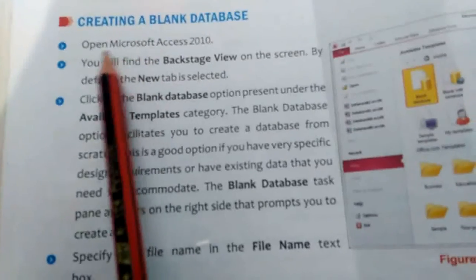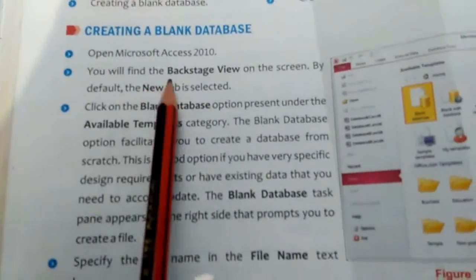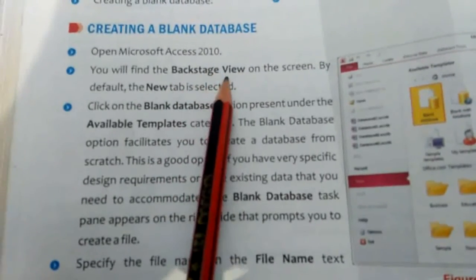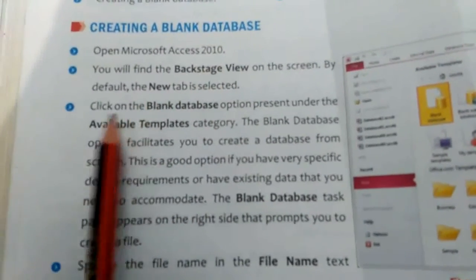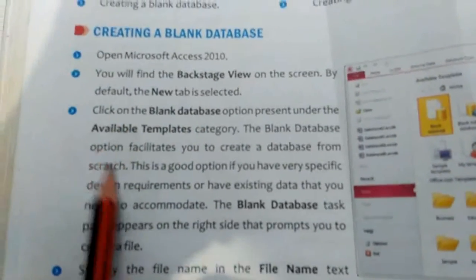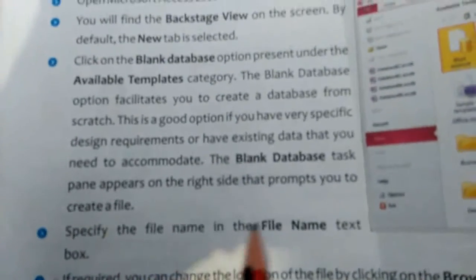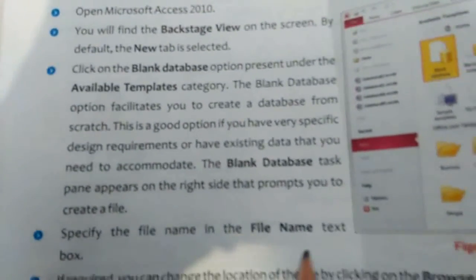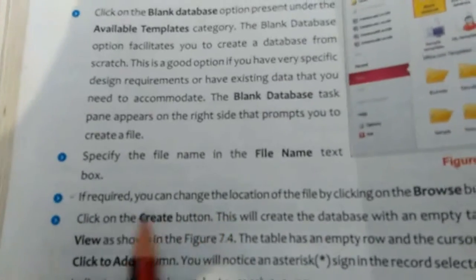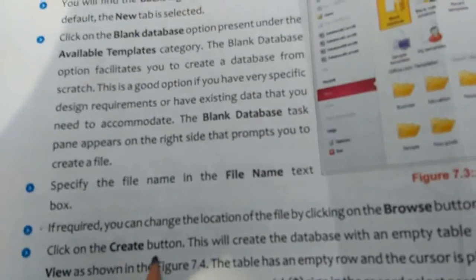Okay, then what you will see: open Microsoft Access 2010, then you will find the backstage view, then click on blank database, then specify the file name, give the file name, and then click on the create button.